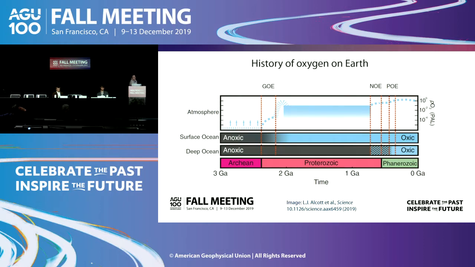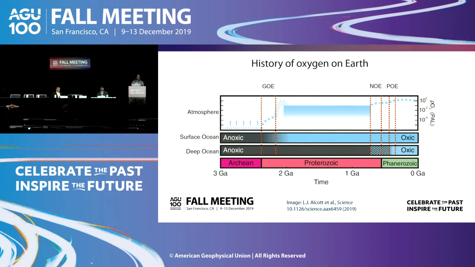Then we have a period of potential stasis before another oxygenation event at the end of the Proterozoic eon, about 800 million years ago or so. Perhaps another rise in atmospheric O2, but also the beginning of the oxygenation of the deep ocean. But this is kind of an unstable oxygenation. You have an anoxic deep ocean, but then we start to get evidence for periods of oxygenation. Maybe it comes and goes. Maybe some places are oxygenated and some aren't. But this continues right up until the mid-Paleozoic. So the POE, the Paleozoic Oxygenation Event, something like 400 million years ago, is when you move up to stable oxygen levels. So you have a resiliently oxygenated ocean.